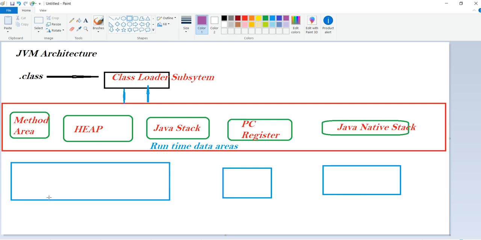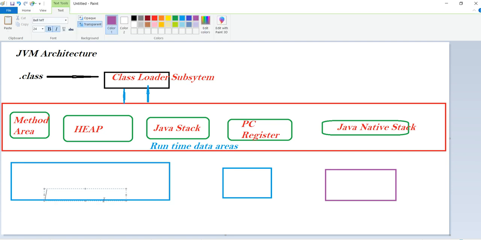The execution engine is nothing but what we discussed in the features, the JIT compiler and interpreter.